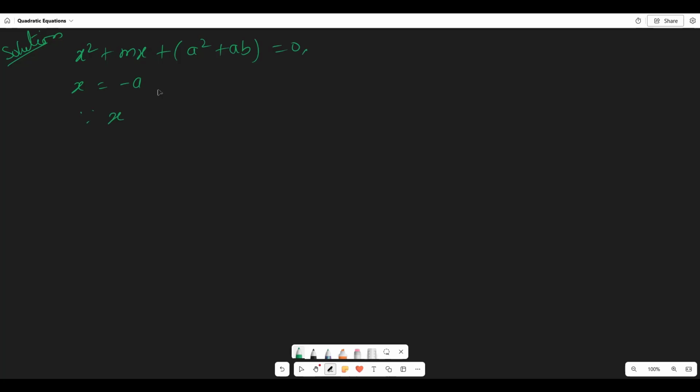Since x equals to minus a is the root of the given equation, therefore